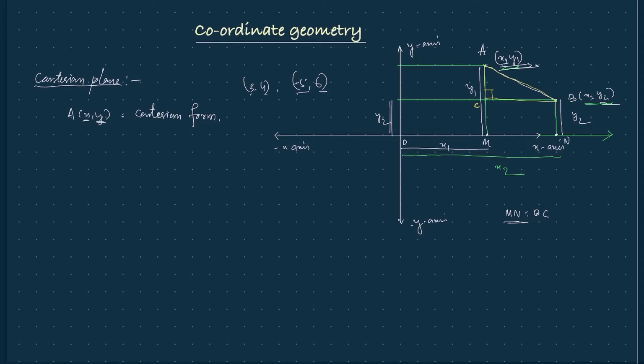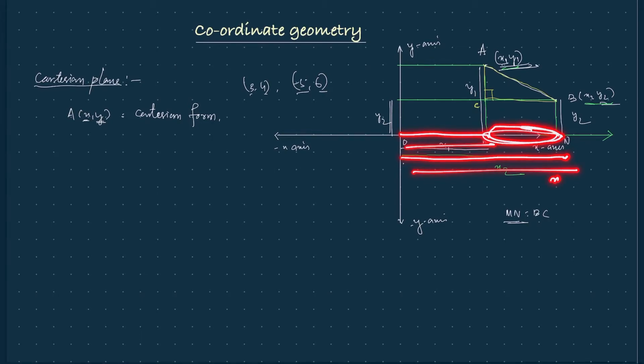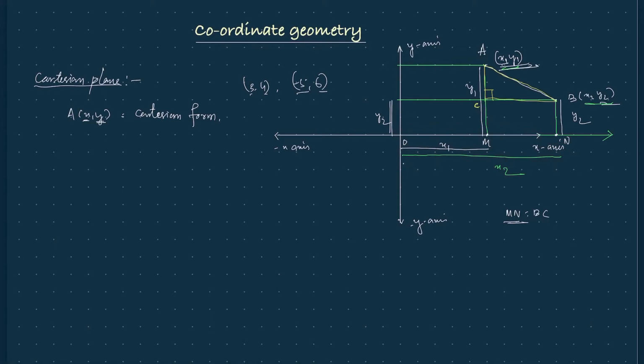mn means, o to n is x2 distance, and o to m is what distance? x1 distance. So the remaining distance is this one. The remaining distance will be the whole x2 minus x1. That's why mn will be x2 minus x1. So mn is bc, it means